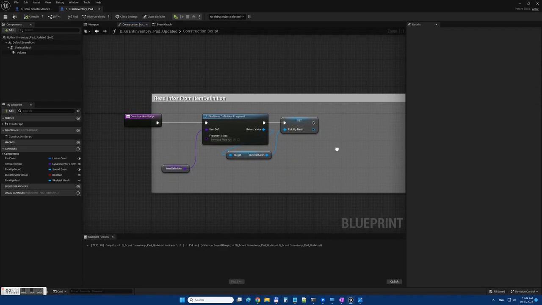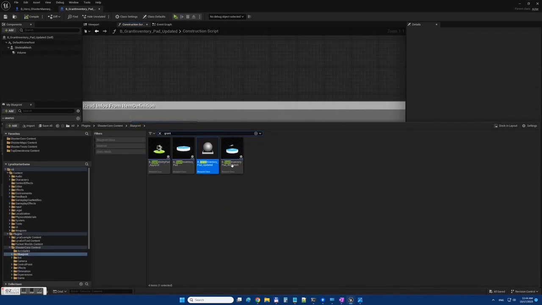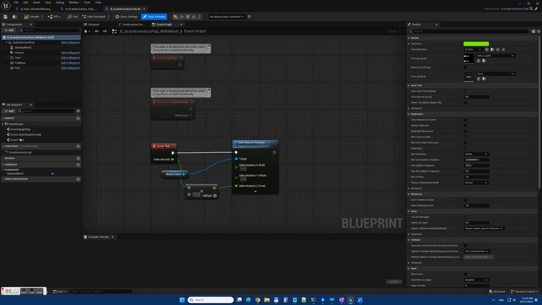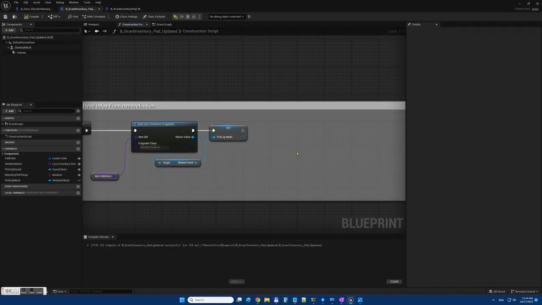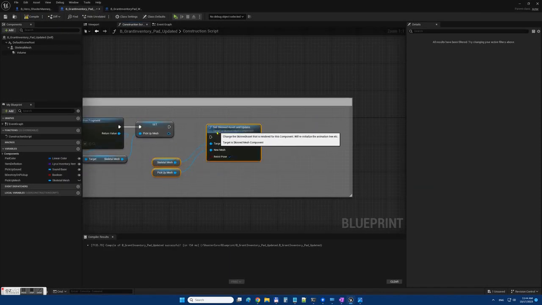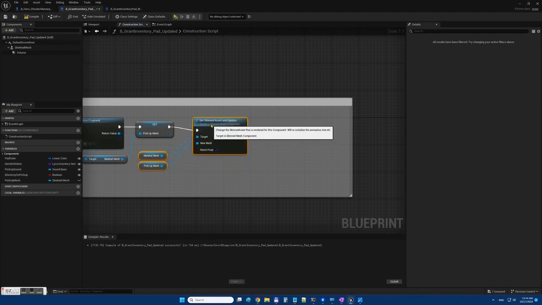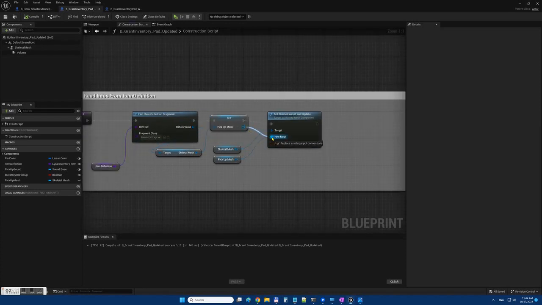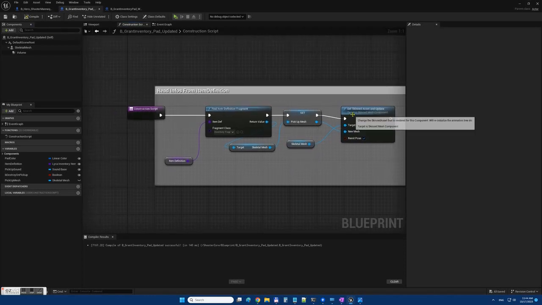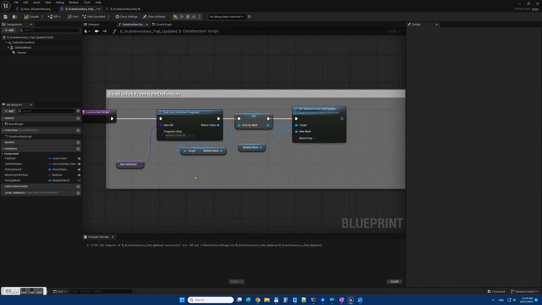adjust construction script. The rest of construction script we take from grant inventory pad with mesh, and so we set skinned asset and update, and we don't have to use pickup mesh this way, so we delete it and put it directly, like that. Okay, now it's fine. I think this construction script is done at this moment,